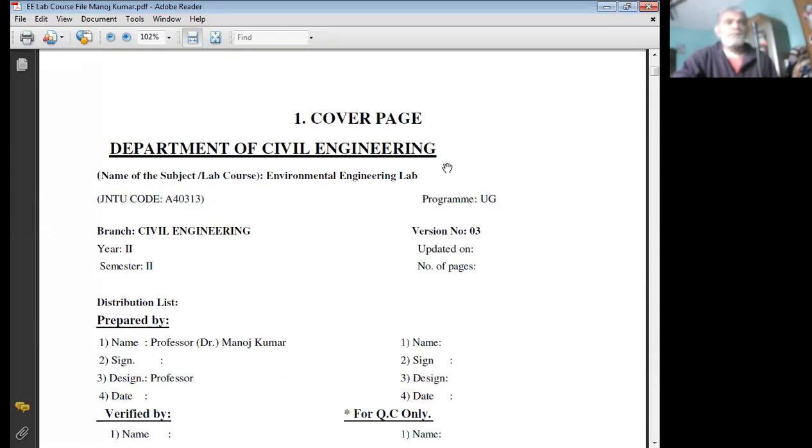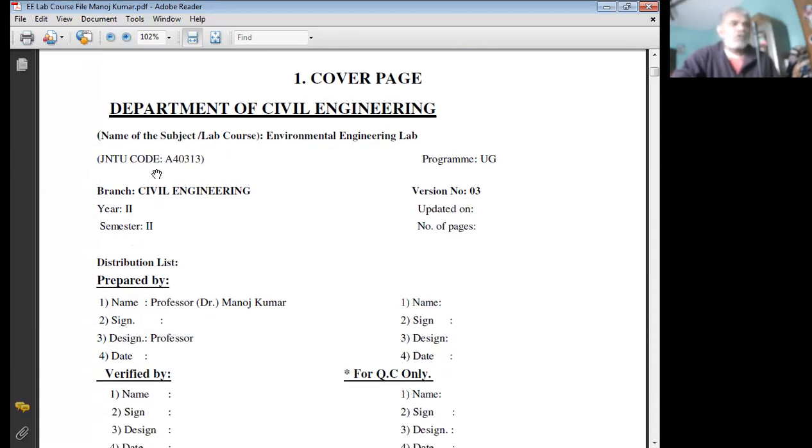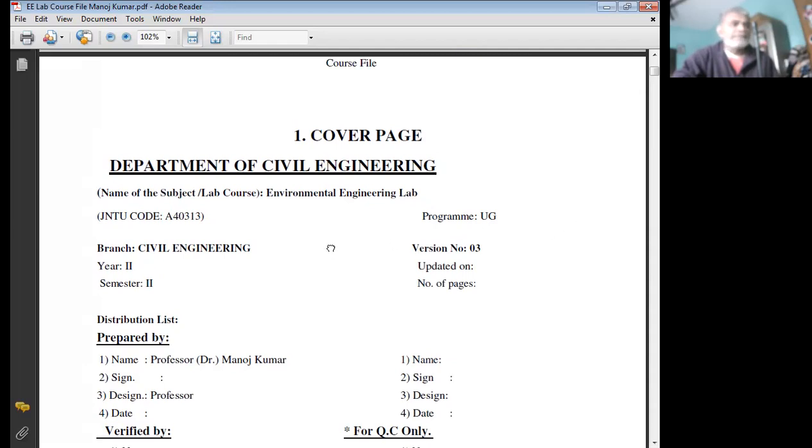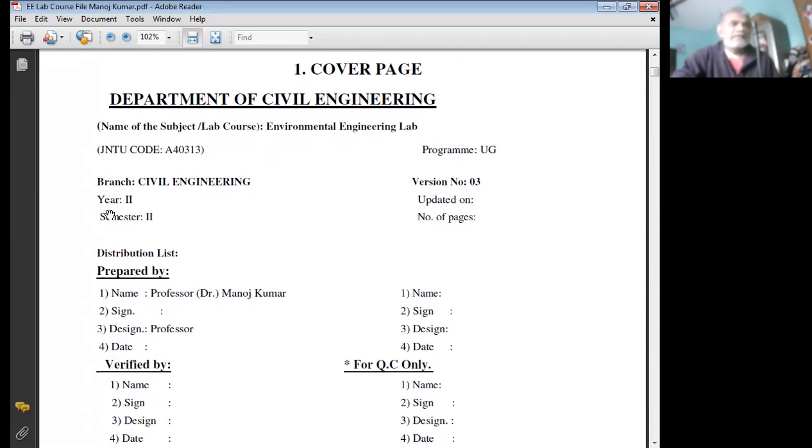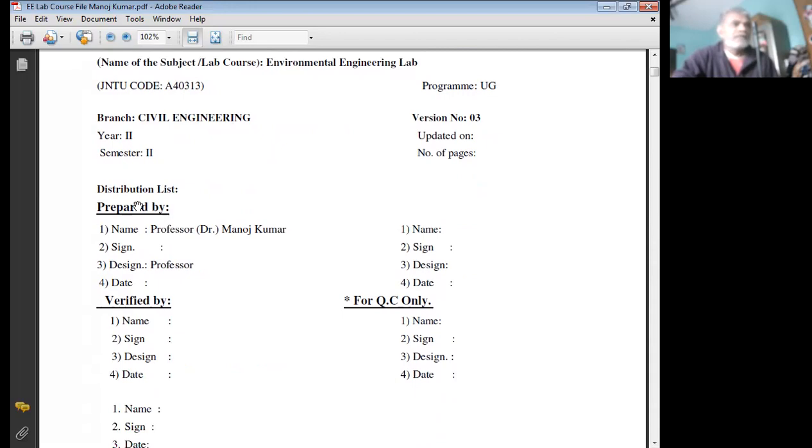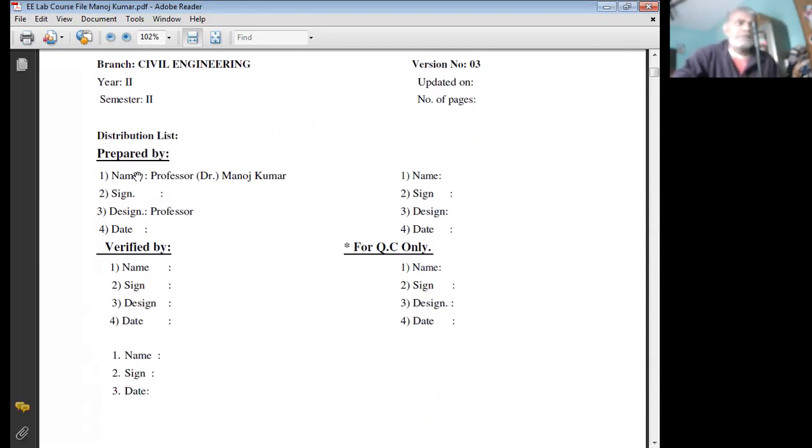This is the cover page. The name of the subject, environmental engineering lab, subject code, and the program UG, branch civil engineering, year 2nd, semester 2nd, version 03, updated on, and number of pages. Distribution list, prepared by name Professor Dr. Manoj Kumar, designation professor, sign and the date, verified by